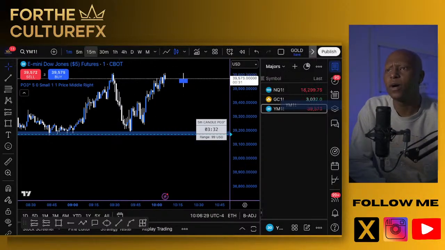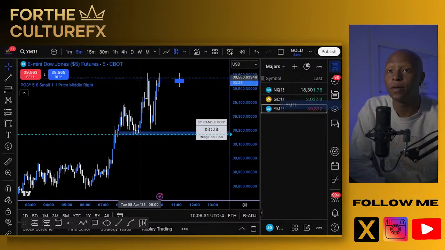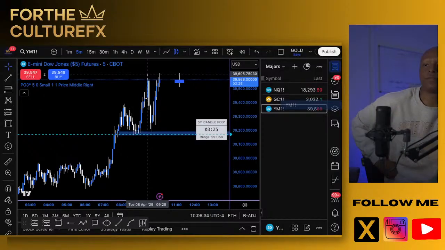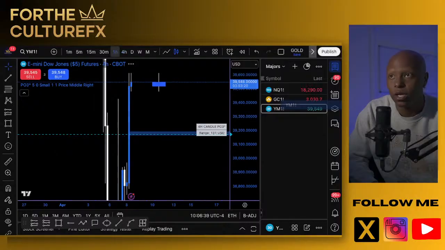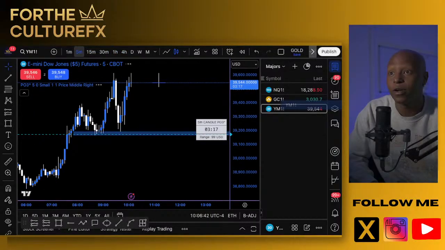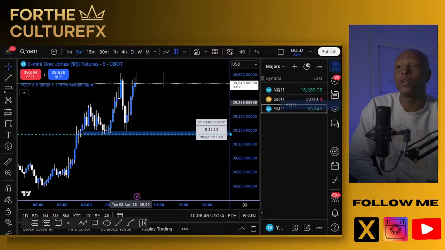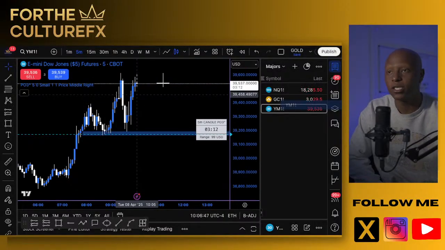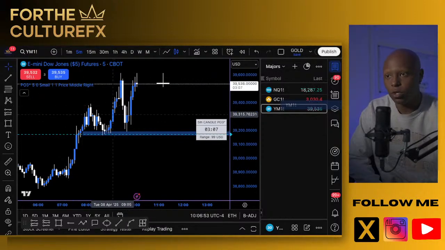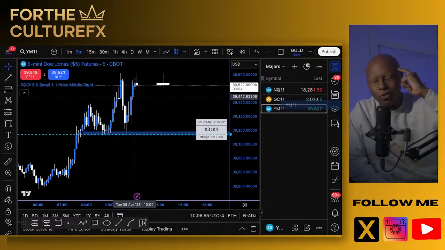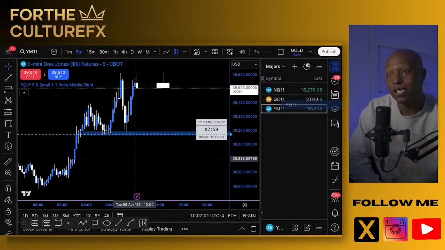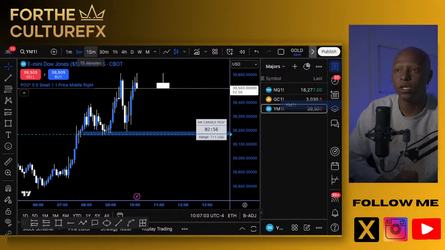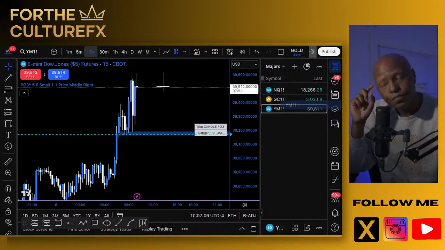So now what do I expect to happen? Well, I'm anticipating and hoping, because we just had this 4-hour candle high, relatively, well, it hasn't been broken yet, but it's just tapped into that 4-hour candle high. And we're at an area now where we could potentially see a flip. Remember, 70% chance that we get a sweep of the high and the low. We already swept the high, have not swept the low. So we're still in a bullish market structure. Just keep that in the back of your mind that at this area of interest, we can see a steep move to the downside, possibly, just 70% chance, right?